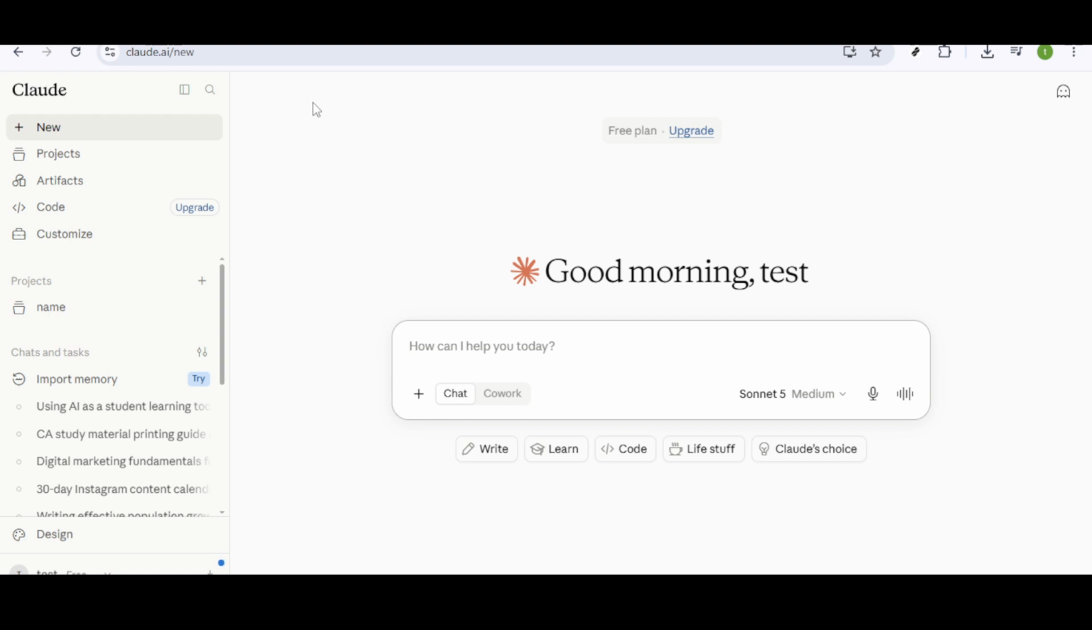Once you've got Claude AI open, it's time to sign in. Make sure you use the same account you had previously used to conduct your conversations. This step is crucial. Using a different account will not give you access to the past dialogues you're seeking. If you've forgotten your login details, most platforms offer a forgot password option, which can be really helpful if you're